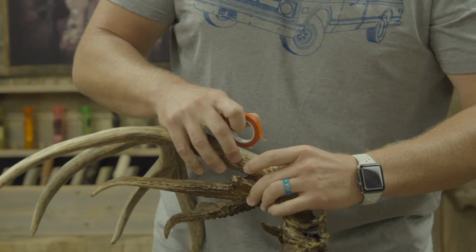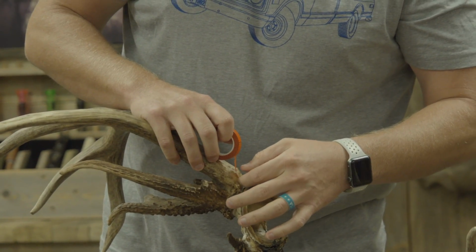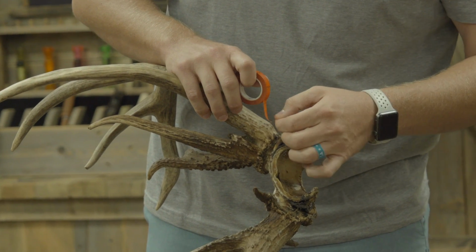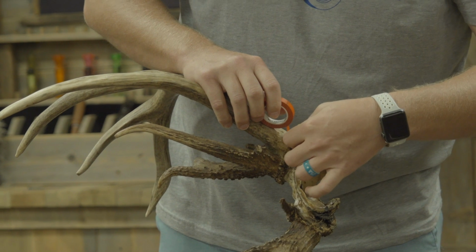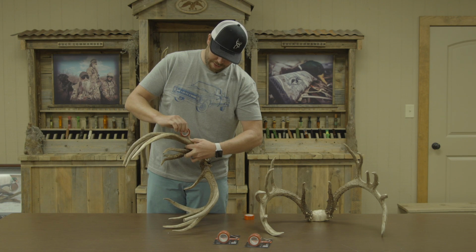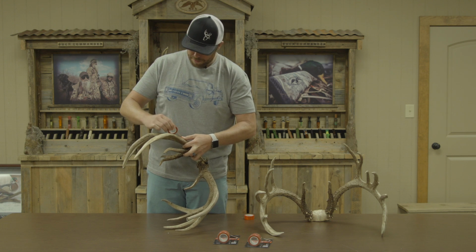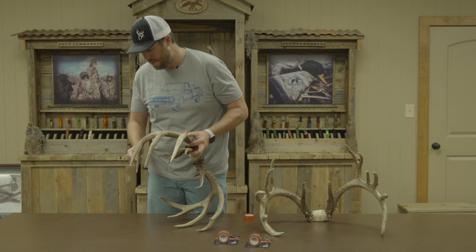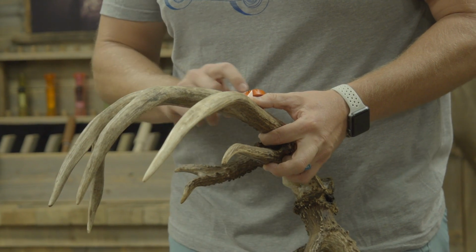So we're gonna start right here, kind of at the base of the right main beam. It's got a 0 and there's 0, so you wanna make sure you zero it out right there at the base, kind of right there at those burrs. Then you just start, you kind of want to just press it, that way it makes it stick. Take your time going across here. Some people say there's kind of a faint line that you can see in the middle of the main beam, the middle of the beam, that you may want to kind of follow. I don't know if that's